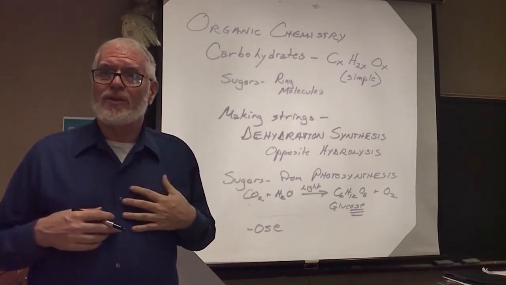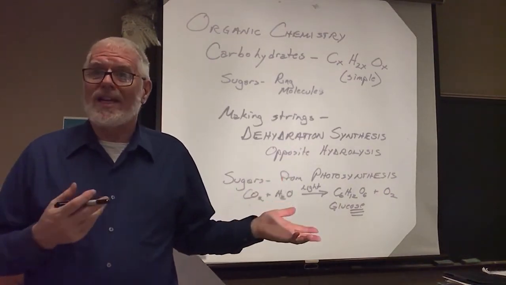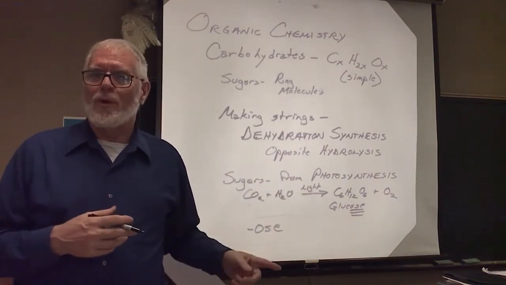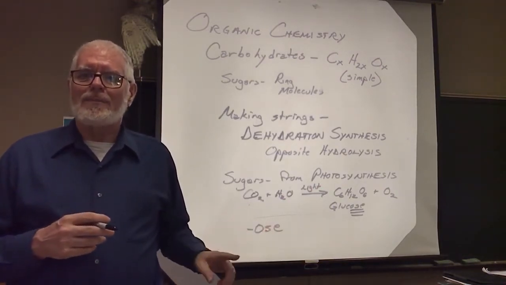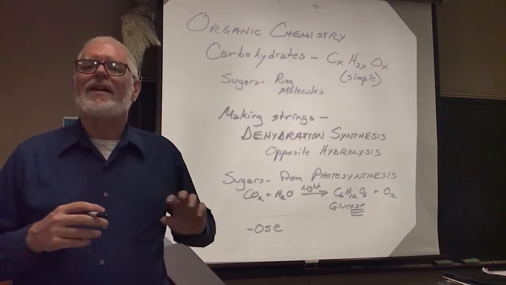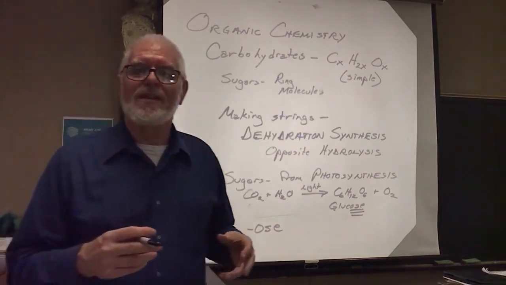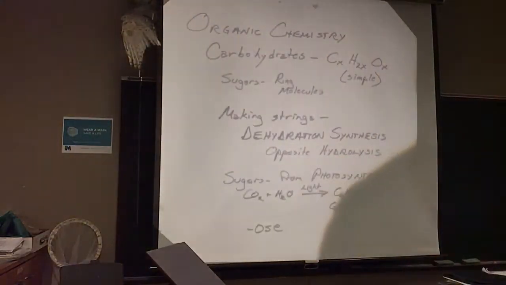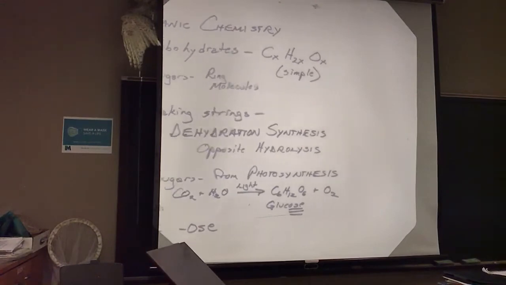The way we store sugars in our bodies, it's a long string called glycogen. It was named before this rule came along. But 99 times out of 100, if you see a chemical name with an OSE on the end of it, it's some sort of carbohydrate. Could be a sugar, could be a starch. We'll get to starches in a minute. You also will hear the term saccharides. That's from an old Latin word for sugar.